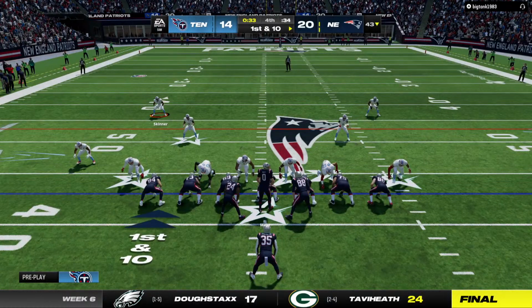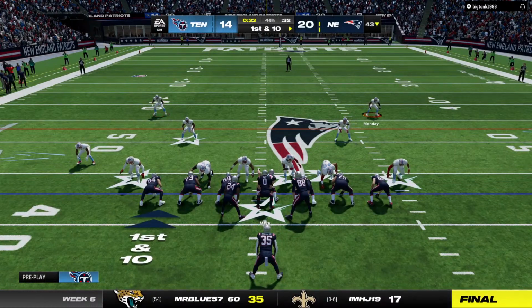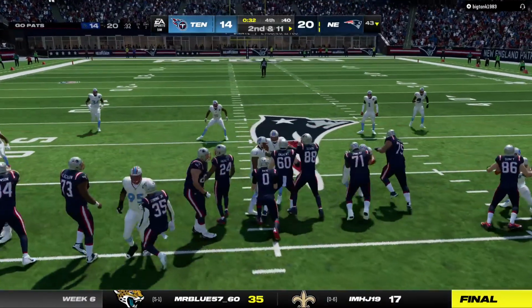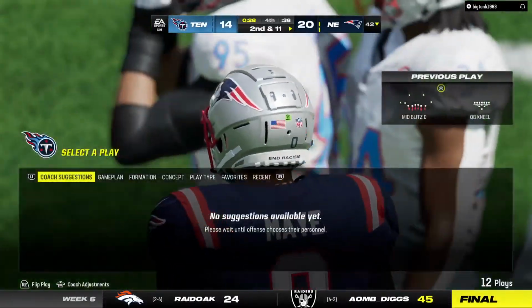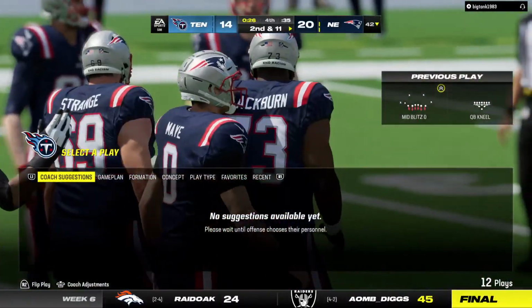I like their aggressiveness. I like what they're doing. They got it the first time they went for it. Why not a second time? I don't think they'll be daunted from attempting it again. If you're on the defensive side of the ball, though, any 4th down stop